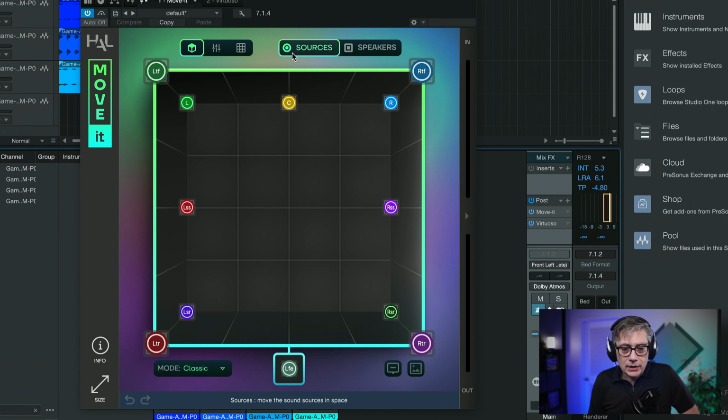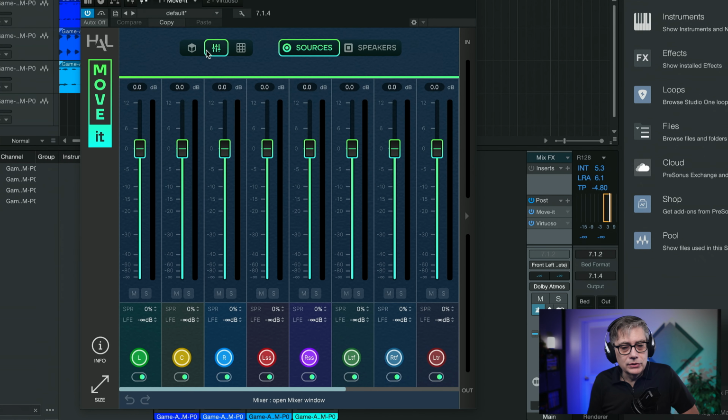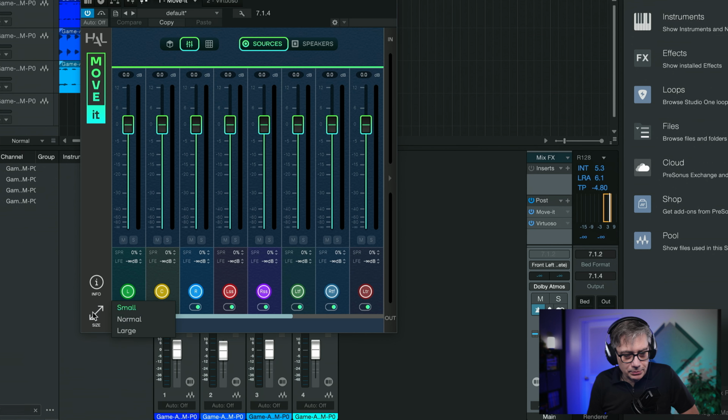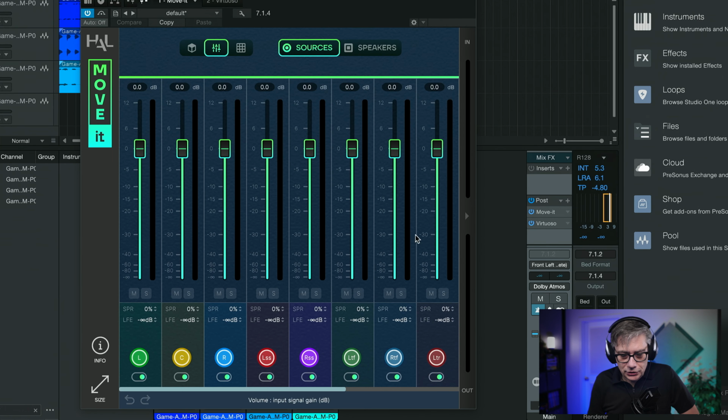First of all, we have three different windows. We have the panning window here. We have a mixing window, so this also serves as a mixer. Now, unfortunately, I can resize that to different sizes, but I cannot change the aspect ratio. And the consequence of that is that in the mixing window, if you have more than 8 channels, I believe, then you always need to scroll. That's one of the things that I do not like.